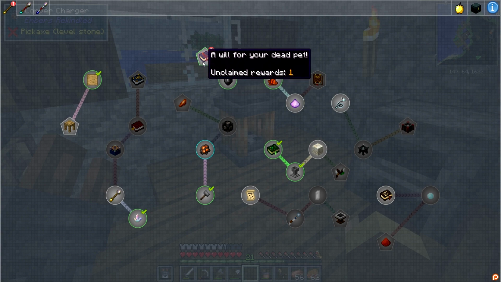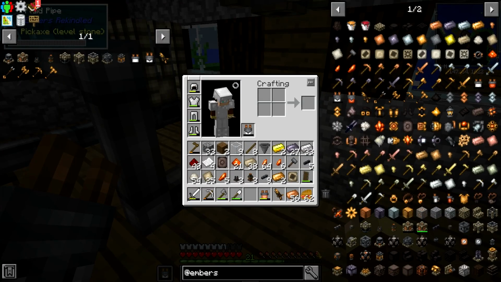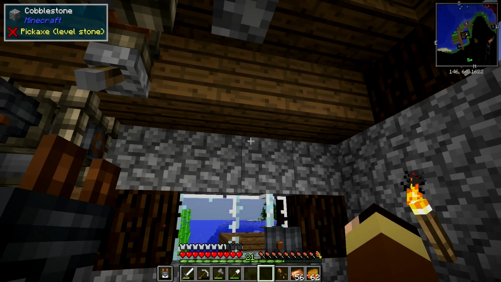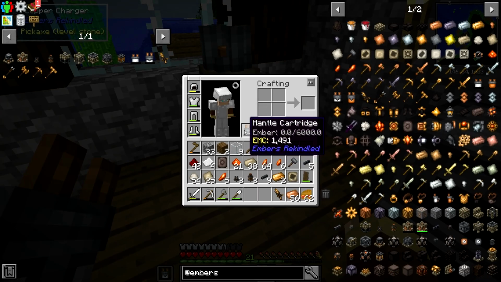Because I keep saying that one unclaimed reward. We're going to wait when we have more inventory for that. But put that mantle cartridge back in there. It should be functioning just fine. So I'll be back once we've actually got all this